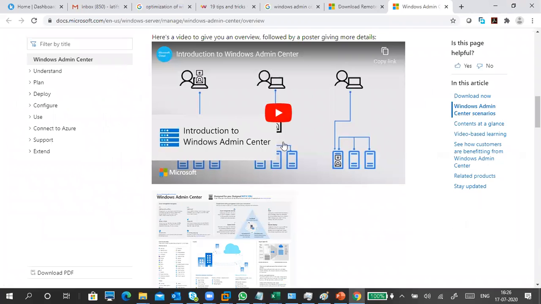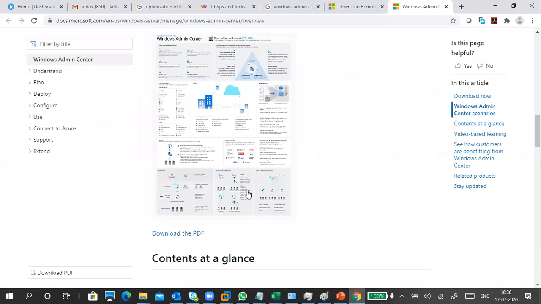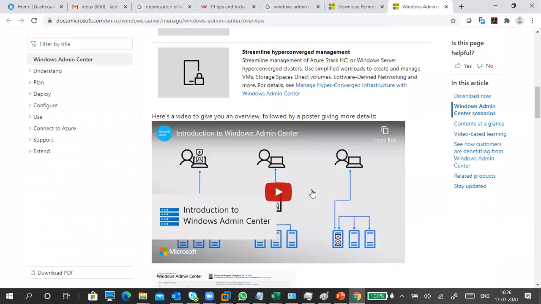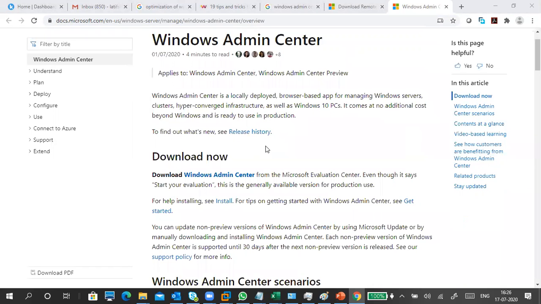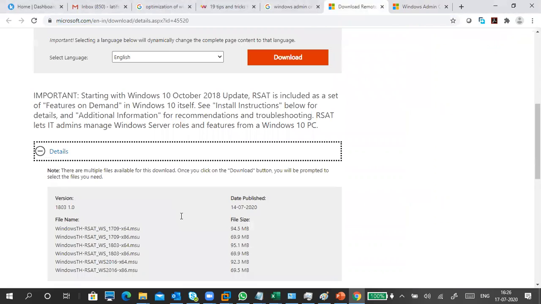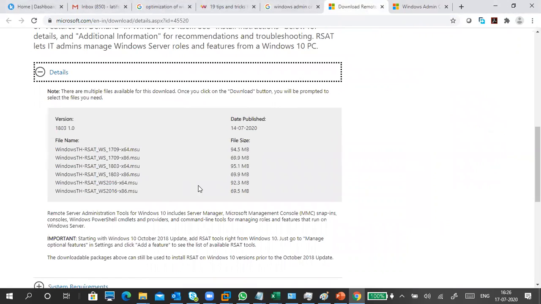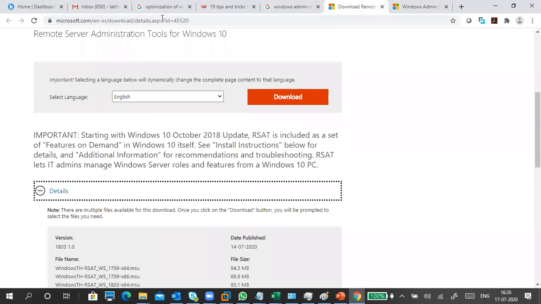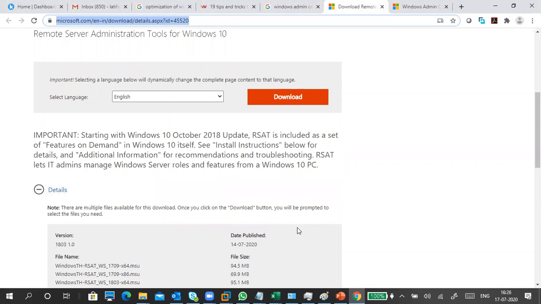They are trying to explain how to do all this kind of stuff, the advantages and disadvantages. If you are interested, just go through this document. A video is also there, so you can go for it. It's not compulsory to download, but if you do it, it's a little bit fun. Fun is important, right? This one you can download, no problem.